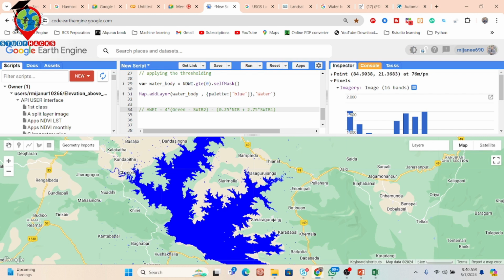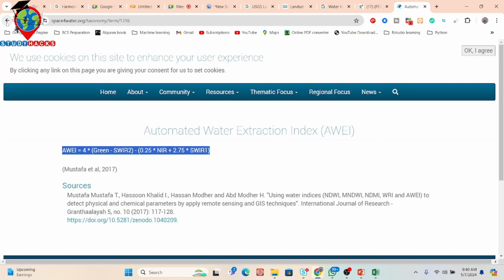Okay, so this is our formula. You try to calculate this formula and we can easily get the automatic water extraction index. So it's another formula to extract the water body. As well as that, you can see, suppose I simply search here